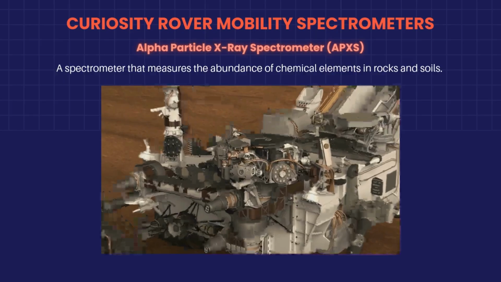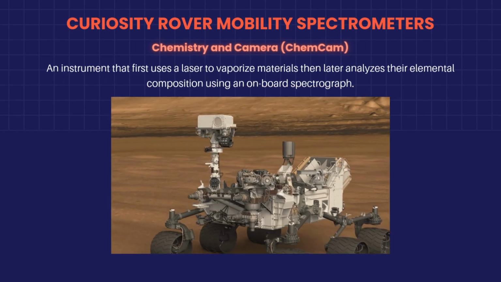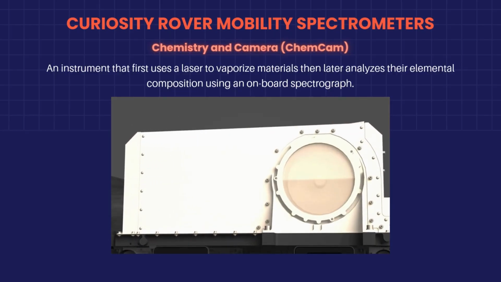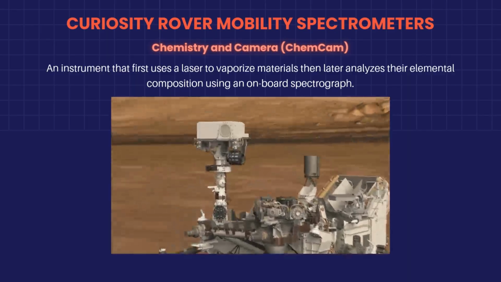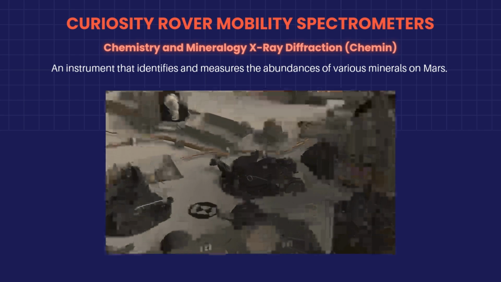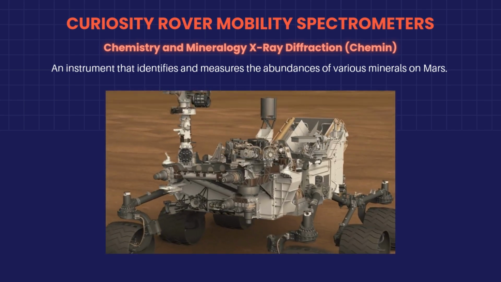Alpha Particle X-ray Spectrometer, a spectrometer that measures the abundance of chemical elements in rocks and soils. ChemCam, an instrument that first uses a laser to vaporize materials, then analyzes their elemental composition using an onboard spectrograph. Chemistry and Mineralogy X-ray Diffraction, an instrument that identifies and measures the abundances of various minerals on